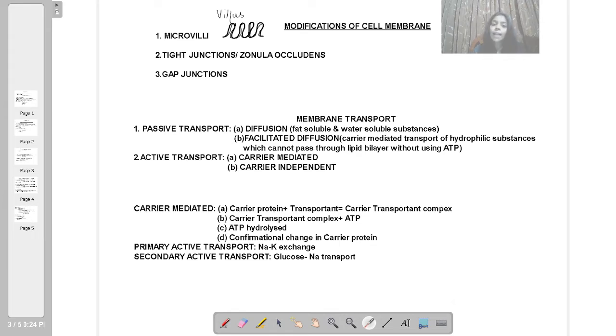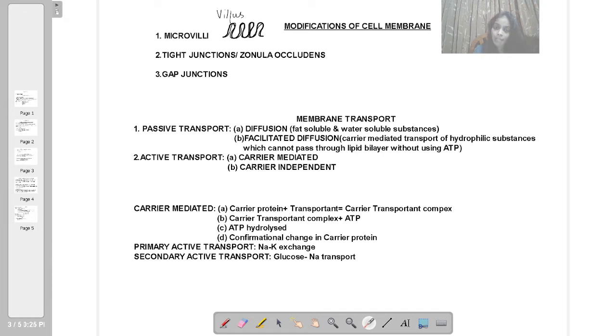We have learned that there should be some passage, there should be some channel through which substances can pass from one cell to another. Now suppose a substance from extracellular medium, that is from outside the cell, wants to come in, or a substance from within the cell wants to go out. How will that be possible? So that will be possible by membrane transport, by certain processes.